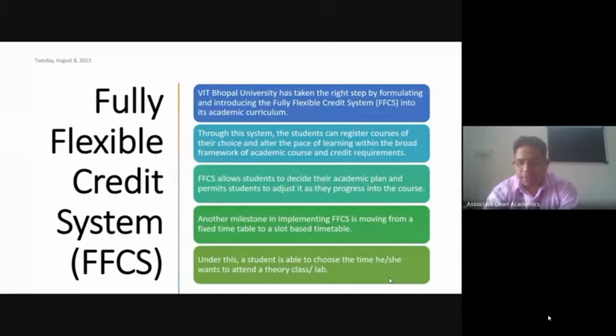attendance record and best CGPA will get the first chance to complete their course registration in the very first slot. Then students who have comparatively less attendance or CGPA will get the second time slot, and likewise third and fourth time slots. You will get a time slot simply according to your academic performance, that means attendance and CGPA. So overall, on a certain date you will complete your course registration.